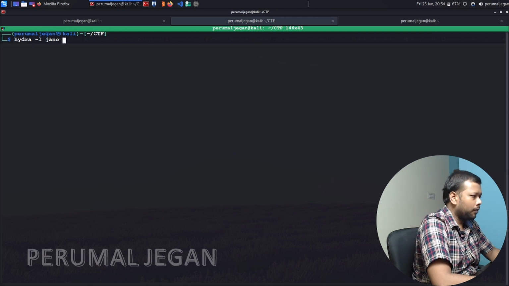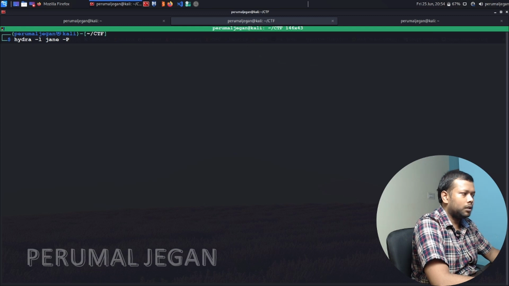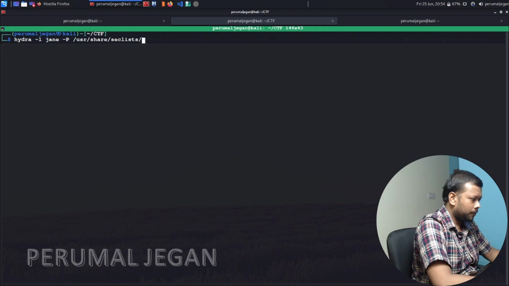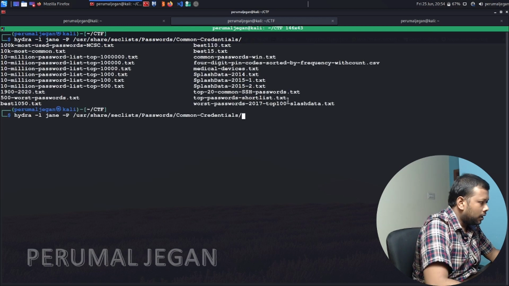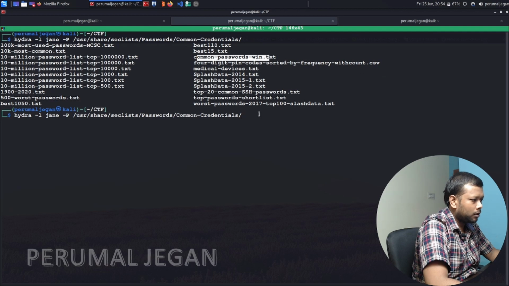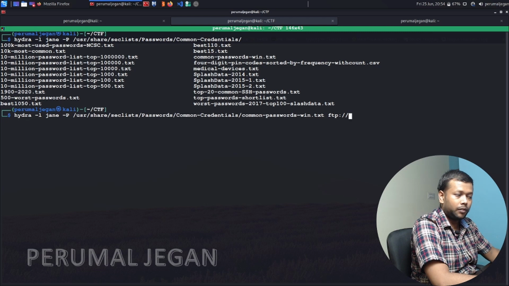Now you have to mention the password list, and for that use the flag hyphen capital P, and I know which file I'm going to use: usr share wordlists, passwords, common passwords, and here I'm going to use this file. Okay, fine. Now I need to mention my target and the FTP service it is running.